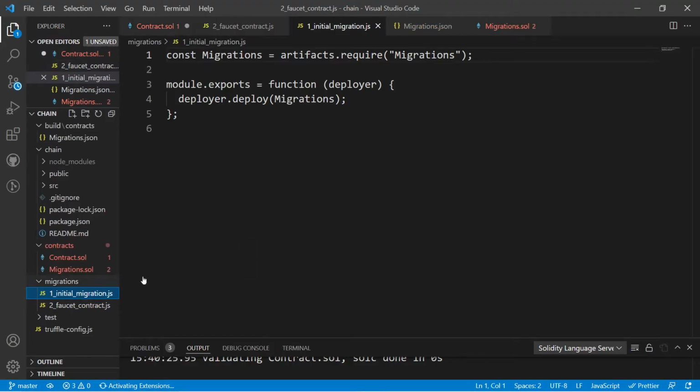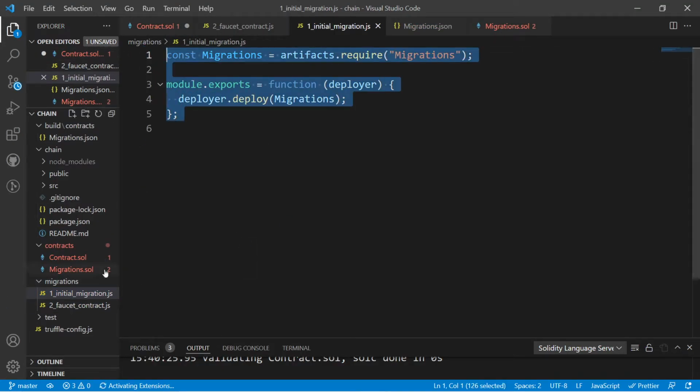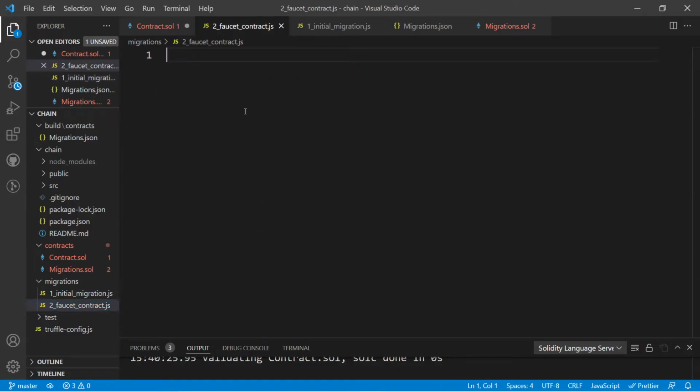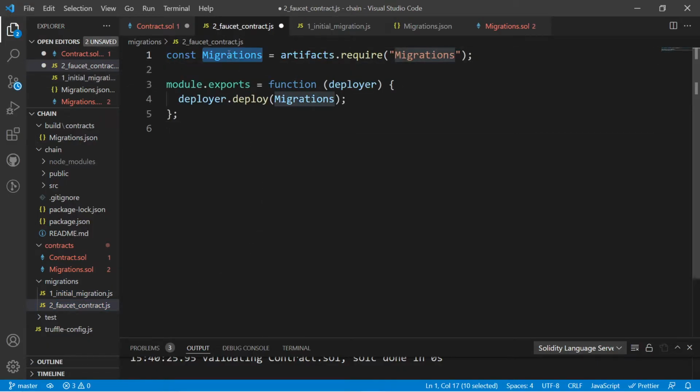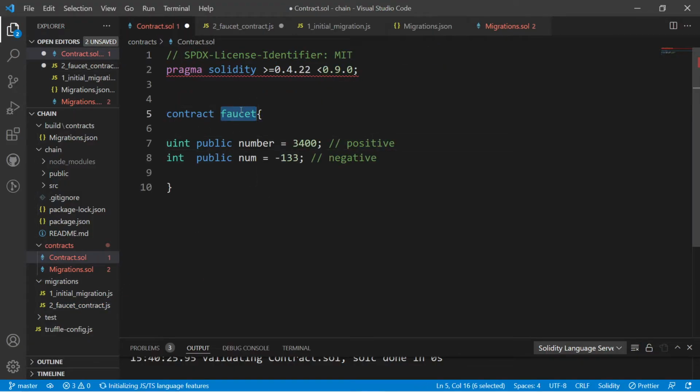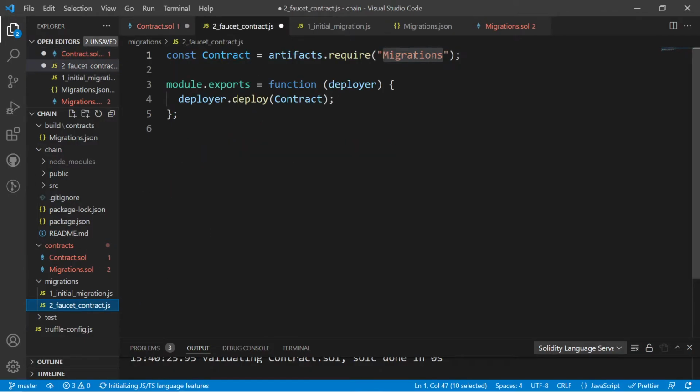Now let me copy this first part and use it inside this, and I would like to name it contract. Let me copy this and paste it over here, and our contract name is faucet. Let me copy this and paste it inside this. Alright, now Control plus S.